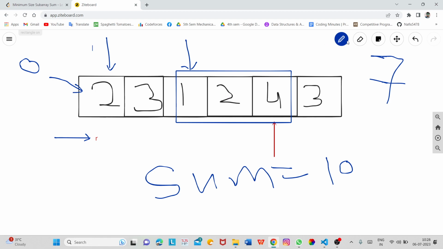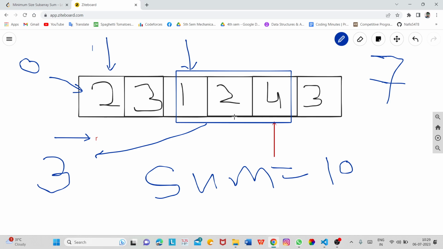So the sum is 7 and it is equal to target. So this can be our answer. The length corresponding to this subarray is nothing but 3. So initially our length was 4, and now we got our length as 3. So the minimum length of both is 3. So our length will be 3. I will write 3 here.